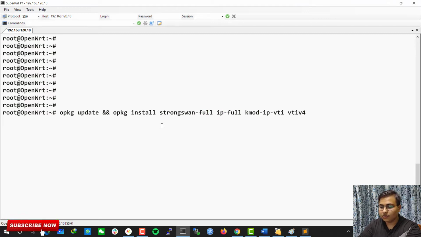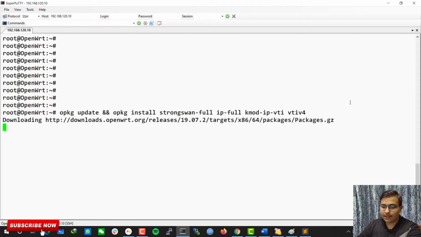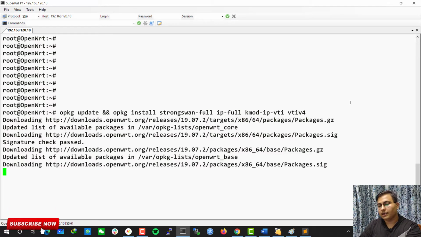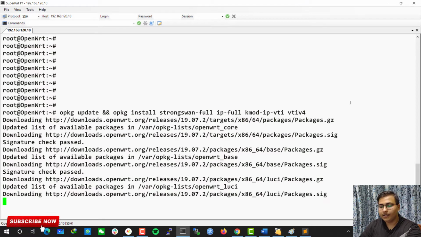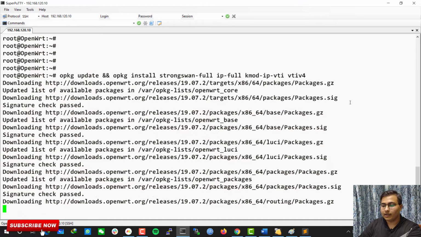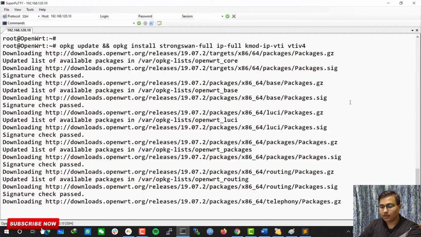You can use OpenSWAN or LibreSWAN, but I prefer StrongSwan because of the ease of configs. So I am hitting enter. You need internet for this, and it will depend on your internet speed whether the packages install quickly or not.